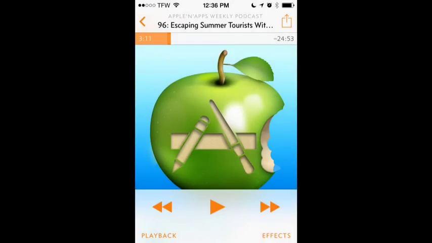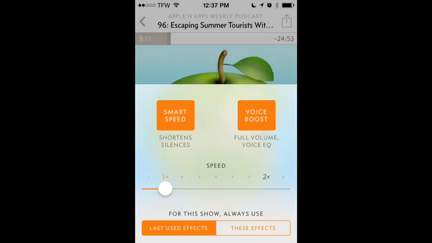part of. Now, expanding upon the free version of Overcast are some really neat advanced features here that you can buy with the one-time in-app purchase. Now these, if you do purchase those, are under the Effects tab in the lower right-hand corner. You can see that we've already unlocked this with a purchase. We've got different speed settings, and we've got Smart Speed in the left-hand side and Voice Boost on the right-hand